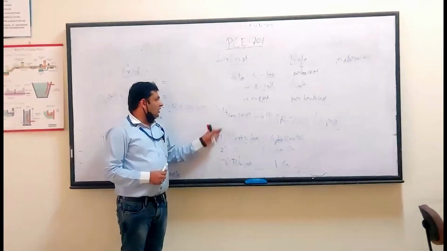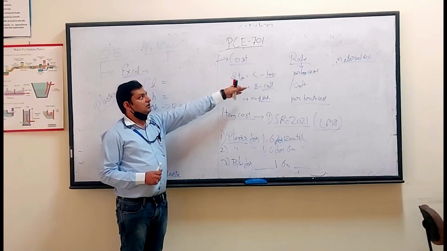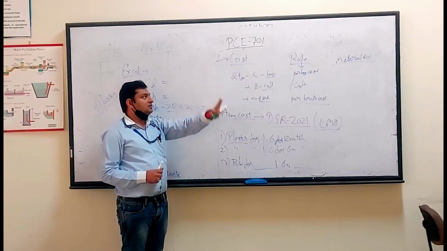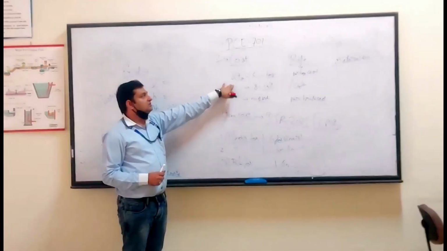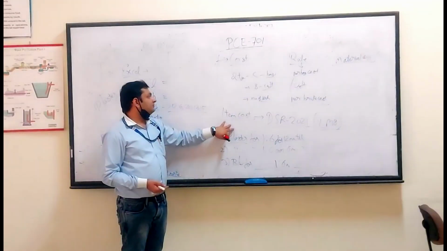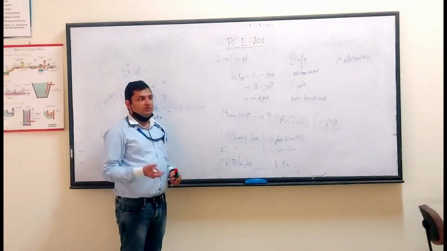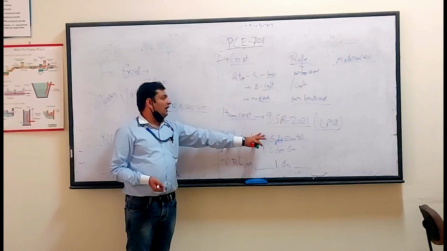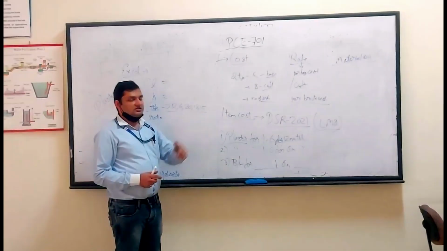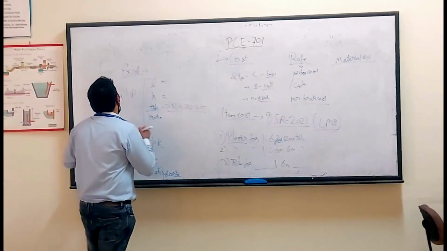Is that clear? Next, in the cost estimate, you will have two types of cost estimate. One is the material cost, which will be taken either from DSR, or you will give field cost, and then item rate cost as per the DSR. You mention the item name, item serial number as per DSR, page number, and the item description as per the DSR. Is this clear? This will make your experiment number 1.